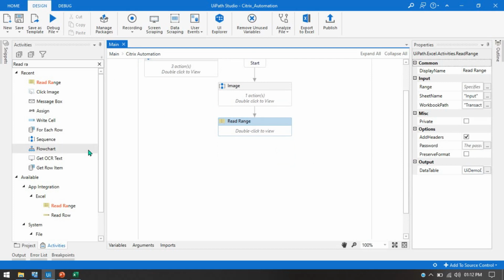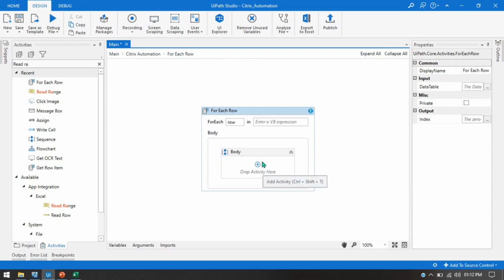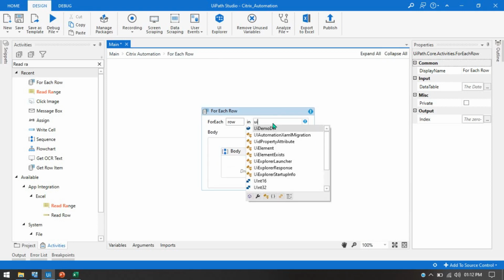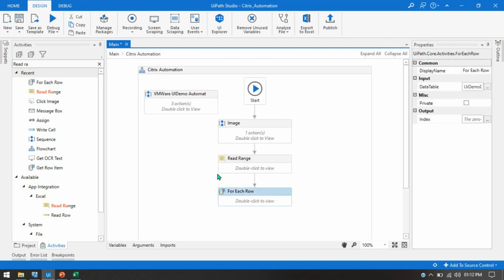So for that we have to take a for each row, we'll connect this, and now we'll take here UIDemoDT, and then inside the body we have to put our steps to write into the